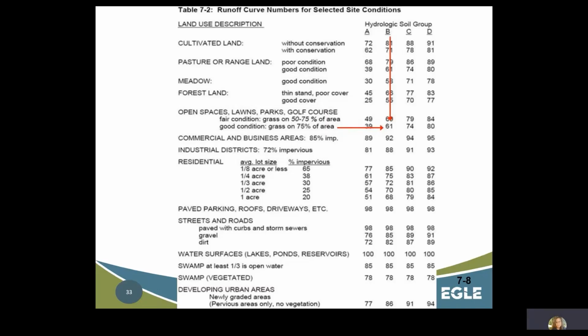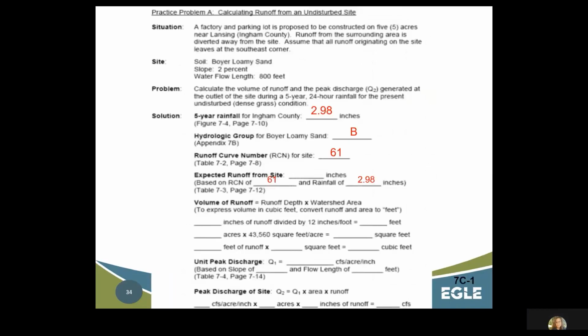We already know that the soil group is B, so following that over as shown in the red lines on the slide, we see the runoff curve number value as 61. Going back to our original problem, please enter 61 for the runoff curve number as shown in red font on this slide.